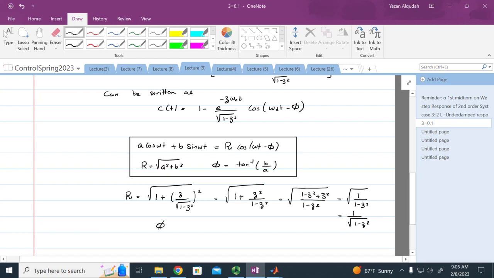And phi is going to equal tan inverse b over a, and b was zeta divided by square root of 1 minus zeta squared, divided by 1, which is going to equal tan inverse of zeta divided by square root of 1 minus zeta squared. Make sense? So therefore,